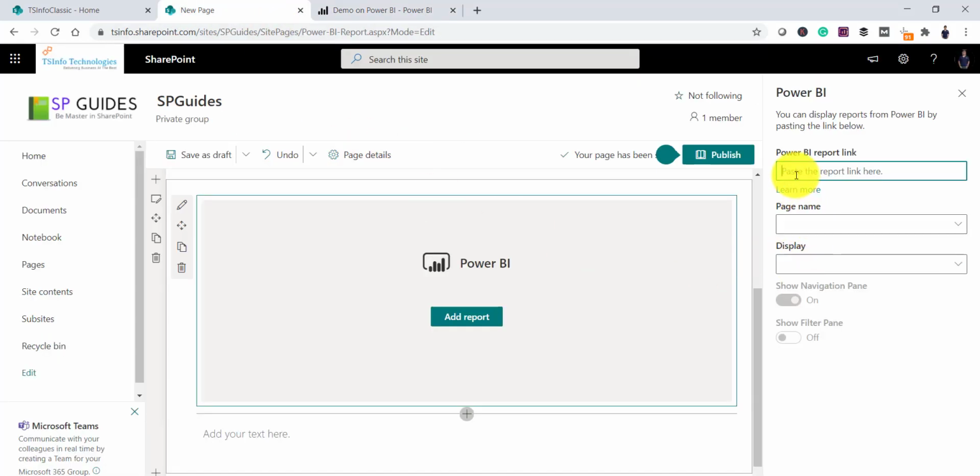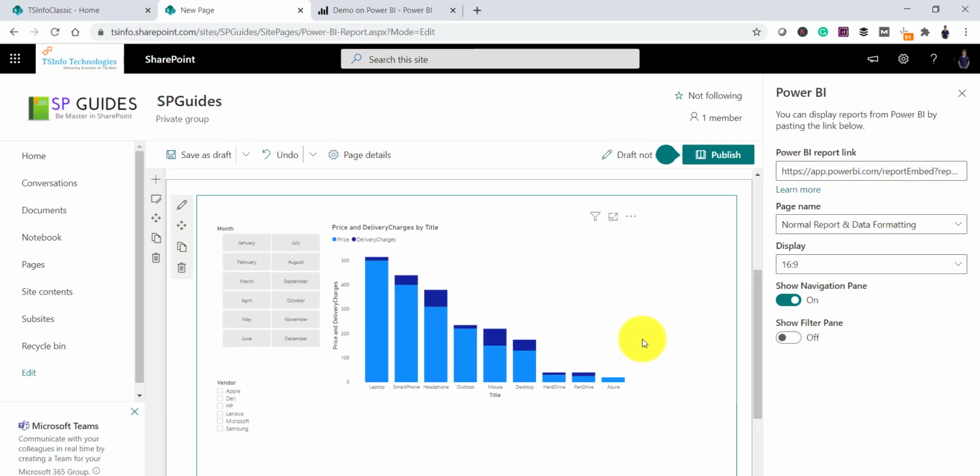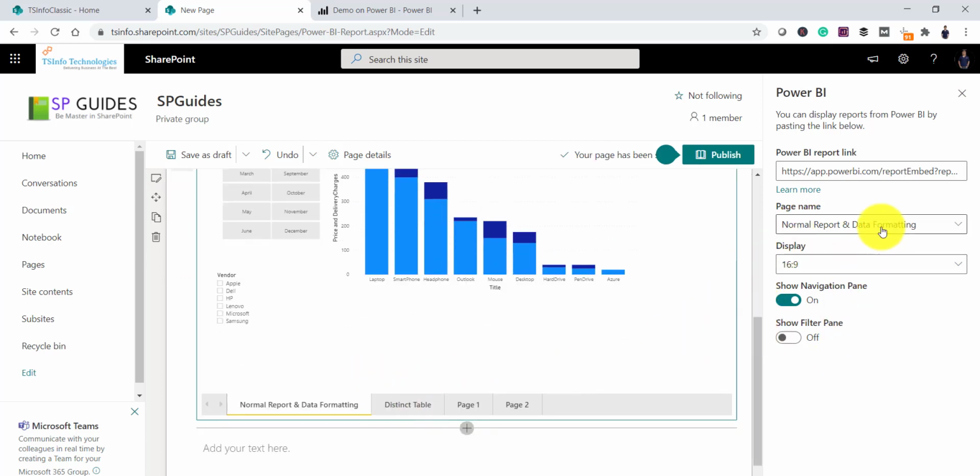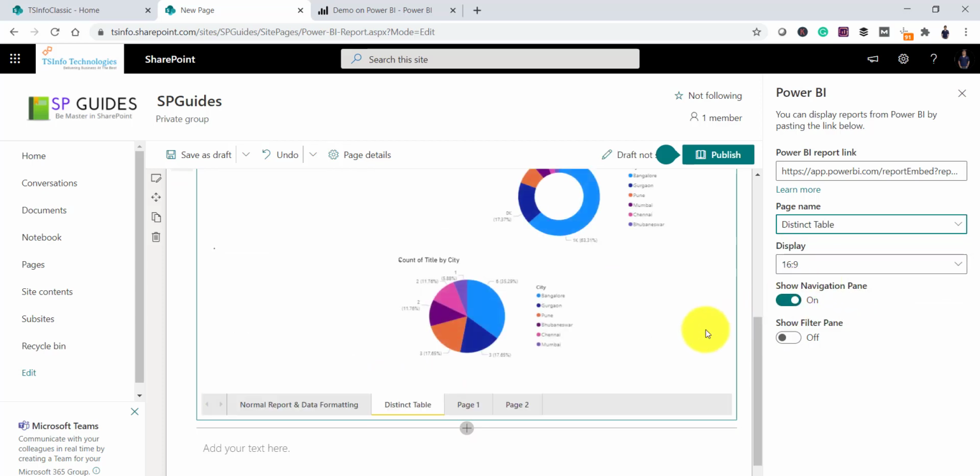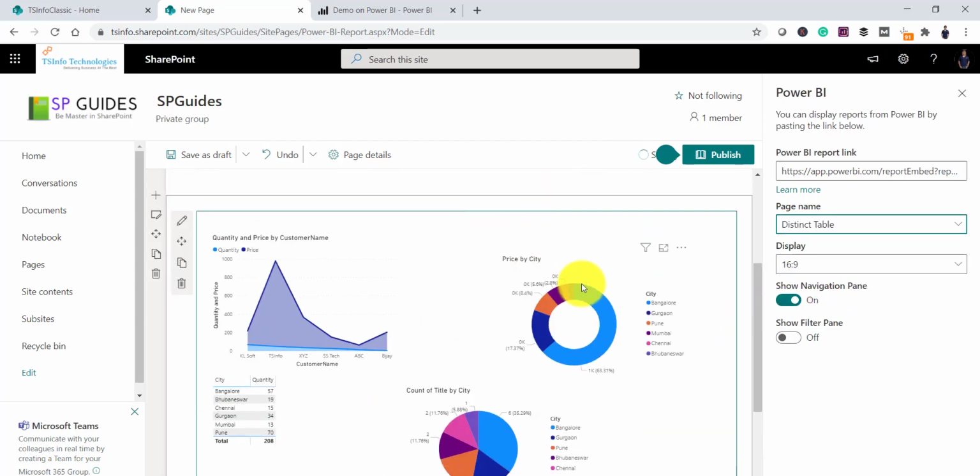If you come here and put it, you can see this is the report that is coming, and this is the page name. As I told you, there are 4 pages, and you can see all the pages. For example, if I want the distinct table page to open first whenever someone comes to this page, I can select it, and the display ratio is there.